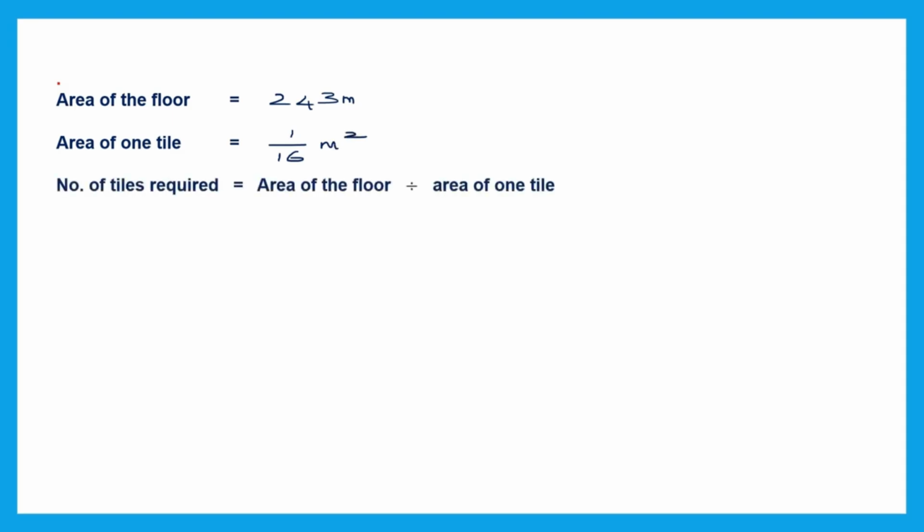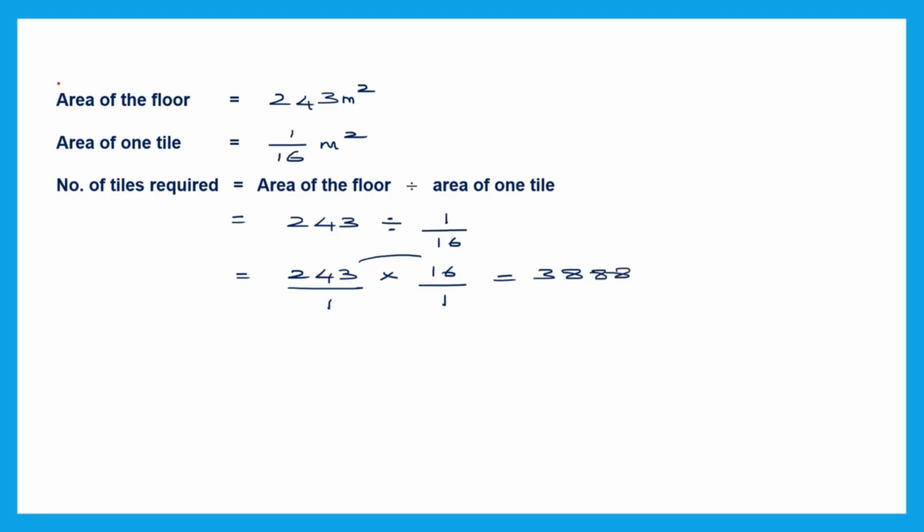Now we are going to find the number of tiles required. That will be area of the floor divided by area of one tile. So area of the floor is 243 meter square, divided by area of one tile, that is 1 by 16. So this becomes 243 into 16 by 1. So we have to multiply these. This is multiplication of fractions, so nothing to cancel. So we multiply 243 into 16 by 1. We get 3888. Now this is the number of tiles. So number of tiles required is